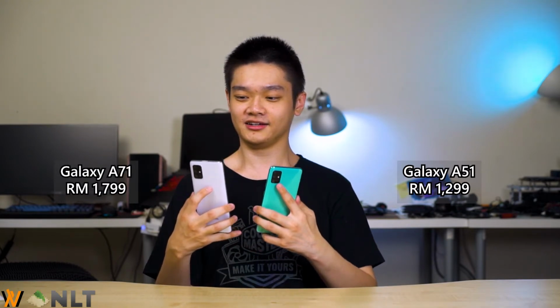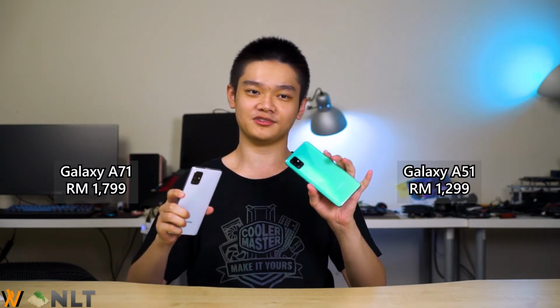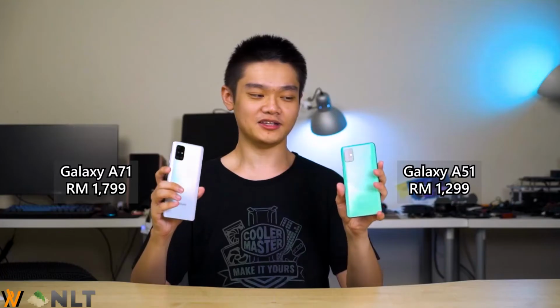So at the end of the day, everything boils down to the price. The Galaxy A51 comes at 1,299 ringgit, whereas the Galaxy A71 comes at 1,799 ringgit. For me to recommend any of these phones would be quite unjustified because they are both scaling in terms of performance, your battery life, and also your camera quality. So I would say that it depends on what budget you have and what kind of use case that you